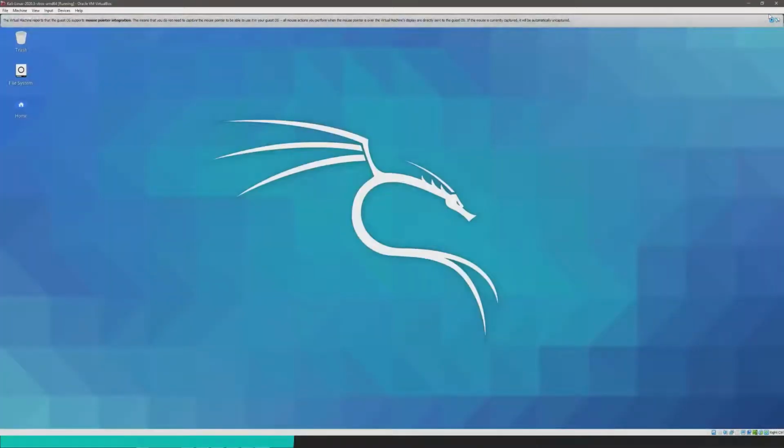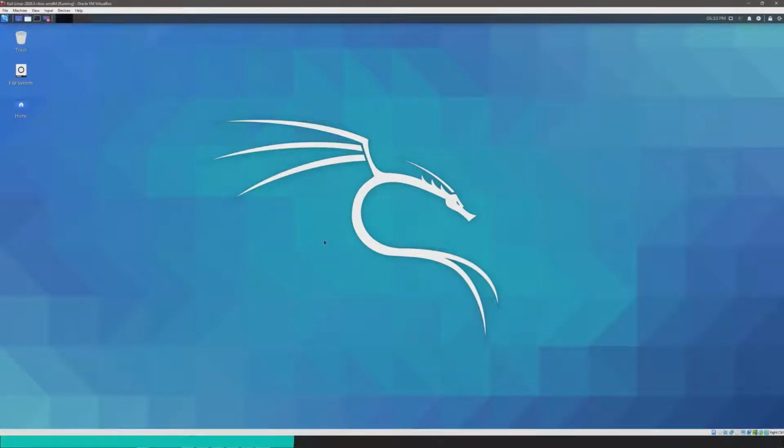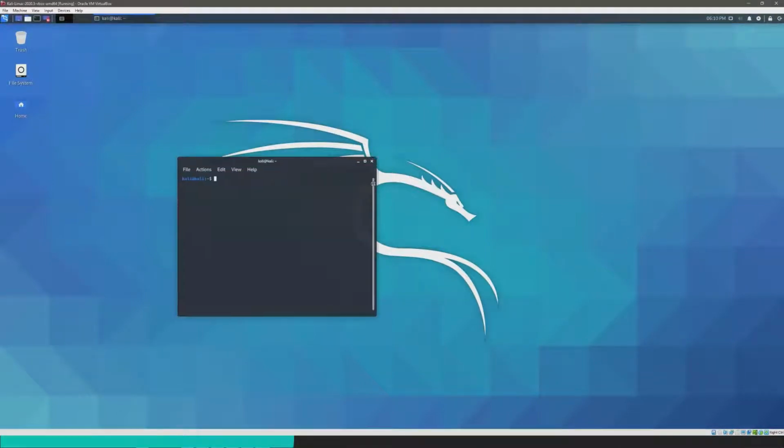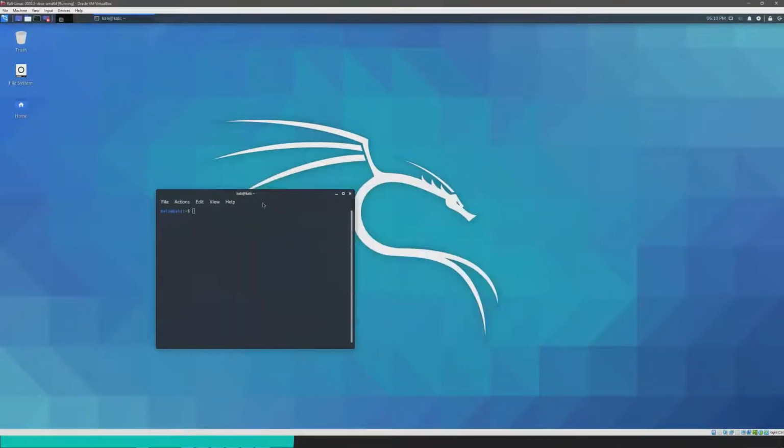So here, when you have Kali open, on the top left, you want to open the terminal. It's that black icon. And with that, let me demonstrate pwd. When you type it in, it shows that I am in the /home/kali directory.